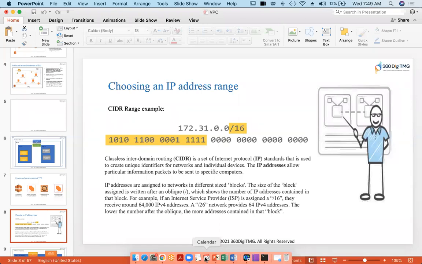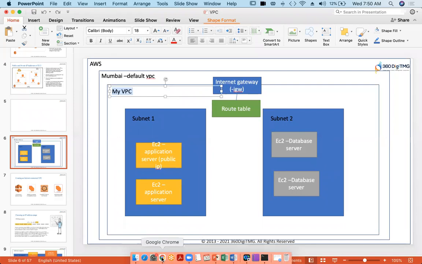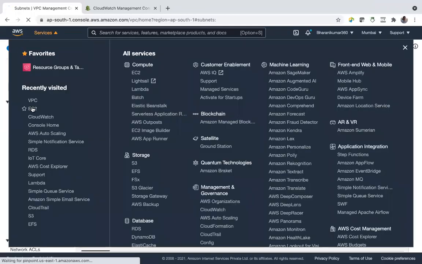We discussed both these things, private IP and public IP. In the same way, here also, in our network, these EC2 instances will get a public IP and they will have a private IP also. A private IP is assigned and it is valid within your VPC, whereas a public IP is valid on the outside internet. If you go to instance, this is my instance, and go to EC2.